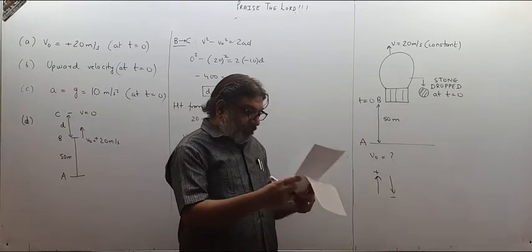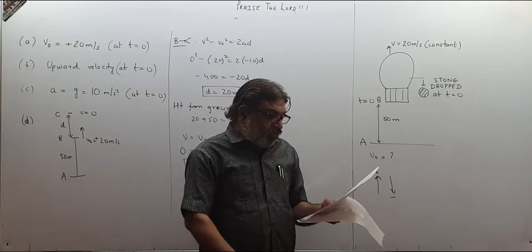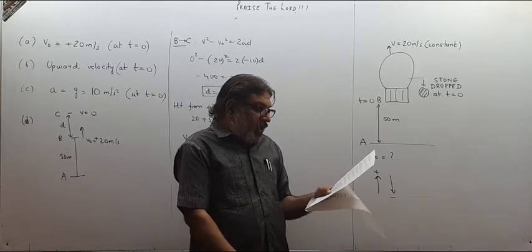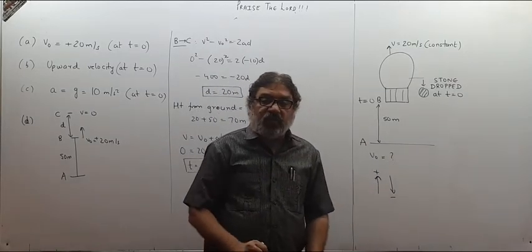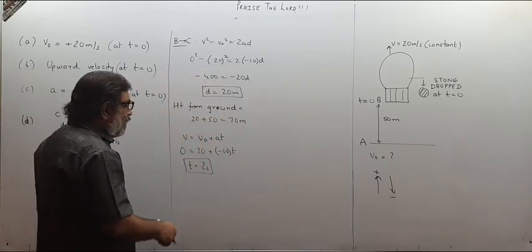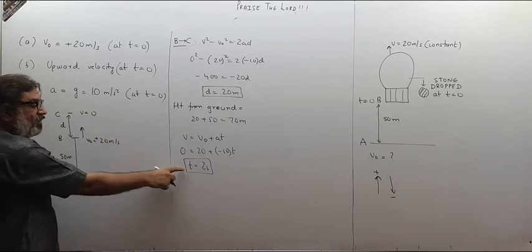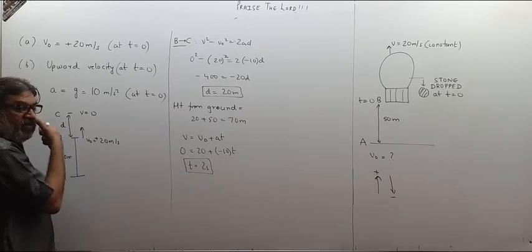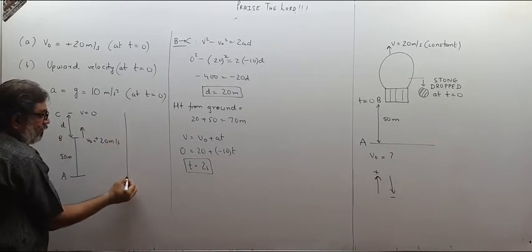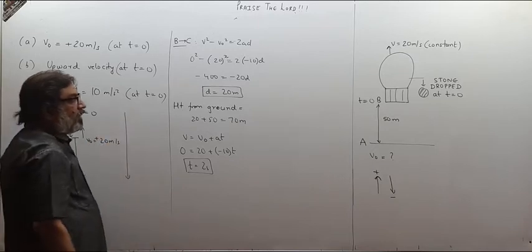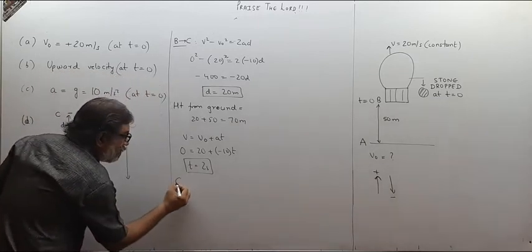Then what is the height of the stone from the ground? Okay, that we told. At what instant does the stone touch the ground? When will it touch the ground? So at t equal to 2 seconds it has reached over here. At 2 seconds from B to C it has reached. And how much time will it take to come from here to here? C to A. So we talk of C to A.